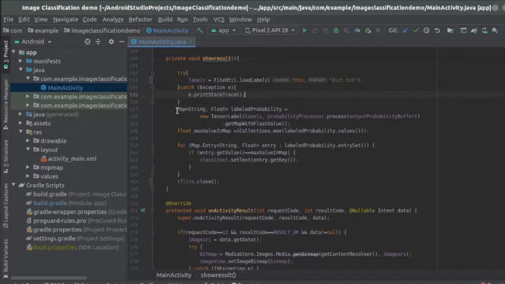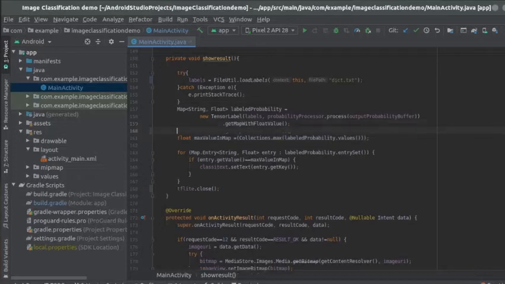On the string part we have a label, and in the float part we have the probability of that label. So when this show result function is called, it will map the probabilities of all the labels for that image. After this we will have our probabilities in the labeled probability.